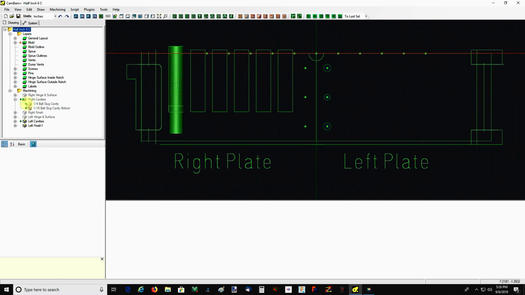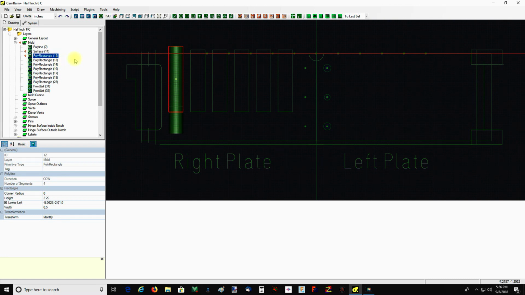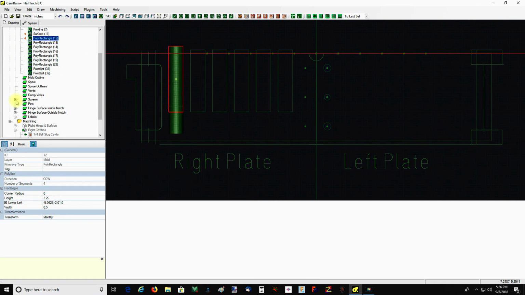On the other side of that, we can select one of these, and it shows us that the geometry associated with this particular operation is all contained in this layer. When we open it up, we can see that it's this surface and this polyrectangle that are used in that operation. I know it seems like a simple thing, but it's a really cool add-on that helps you keep track of what's what. To give you an idea how much geometry is in this simple mold file, let me just open